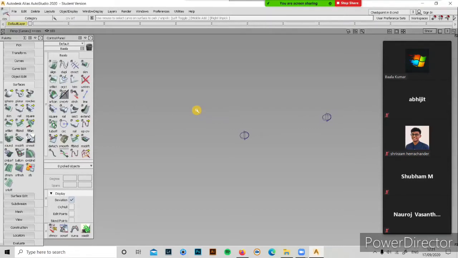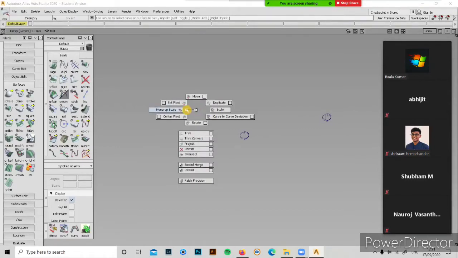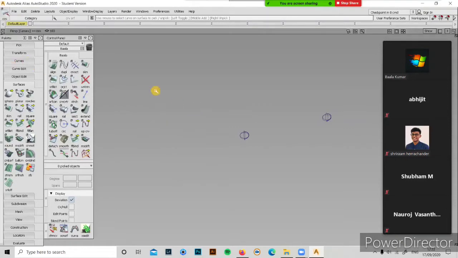Okay, Control Shift middle scroll button. If you click, you'll have all the transforms. It's like move, duplicate, scale, curve, rotate, and center pivot and set pivot. Okay, trim, trim convert, project, untrim, intersections. These are major things, that's a frequent thing you'll be using. Control Shift and right click has all the history things. So toggle mode is nothing but takes off the sharp edges and shows you a blended one. And these are the major interfaces.